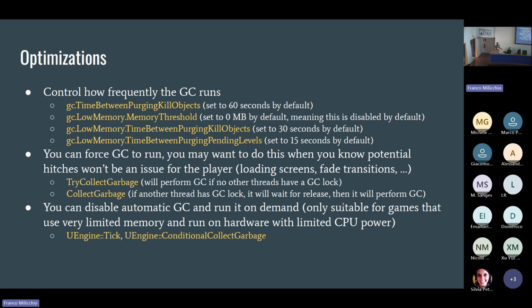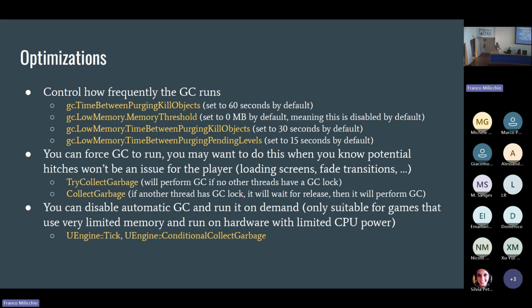You can have a secondary time frame when your game is running on low memory. When your game is running on low memory, usually you want to run the GC more often, and you have those two console variables that you can tweak.